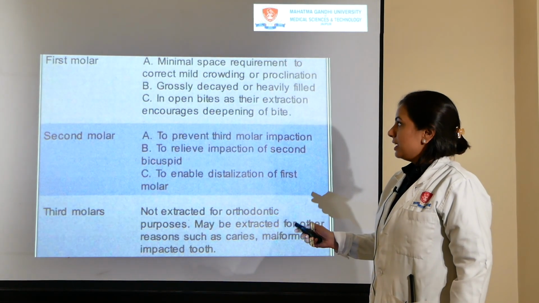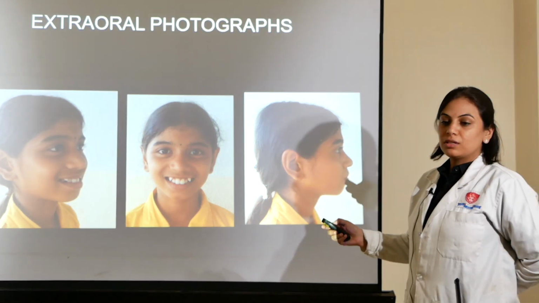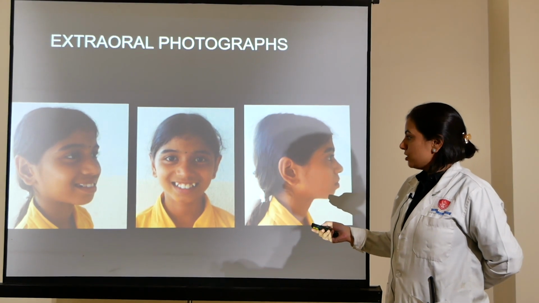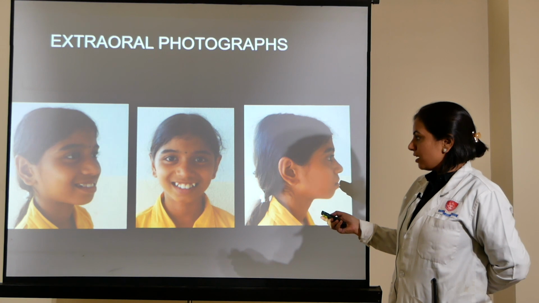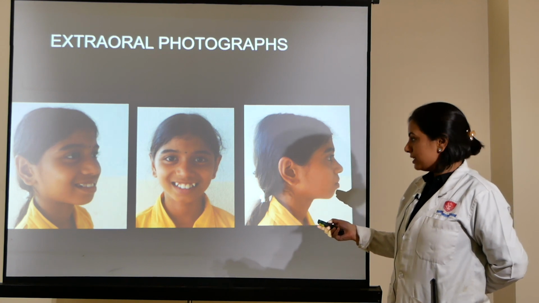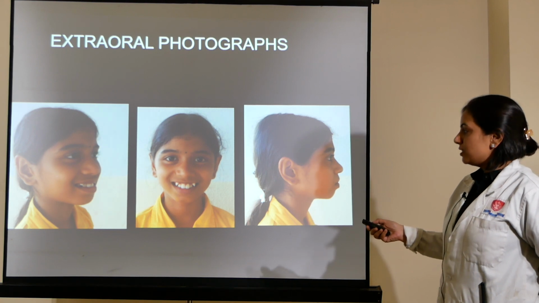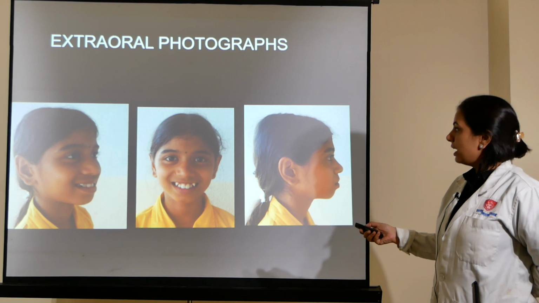So let's look at one case where we have gone for extraction to correct the malocclusion and gain some space. This young lady came to us for crowding. You see her canines are out of the arch, they are completely highly placed and blocked out. Her profile is also convex. So in this situation, we need to get the canines into the arch and align her teeth.